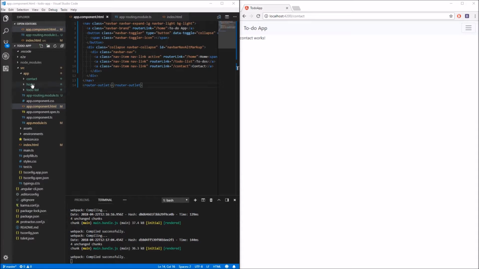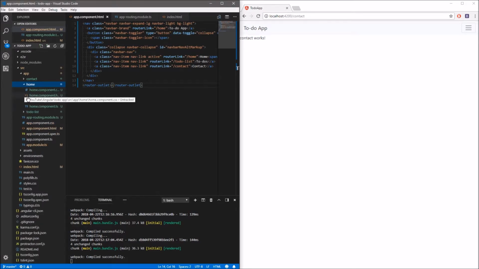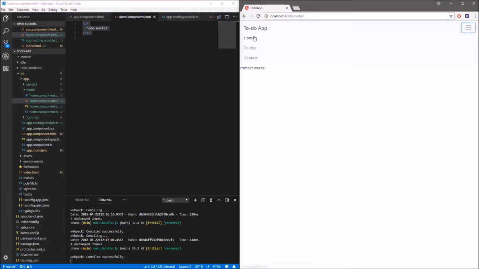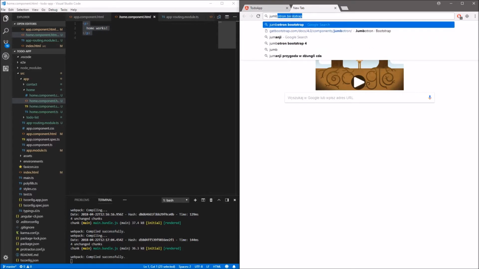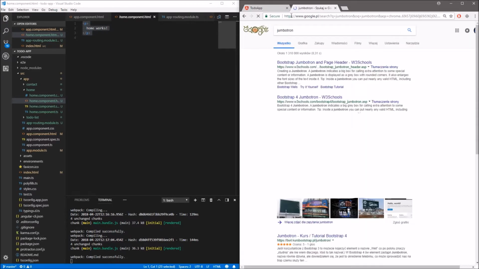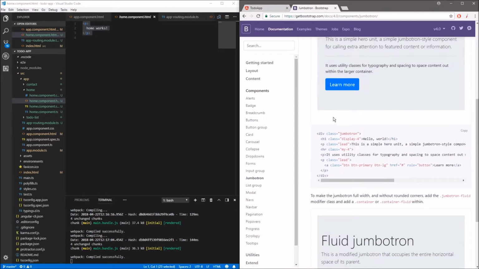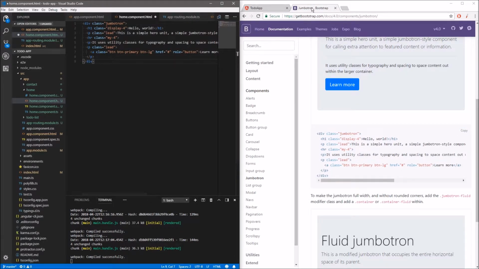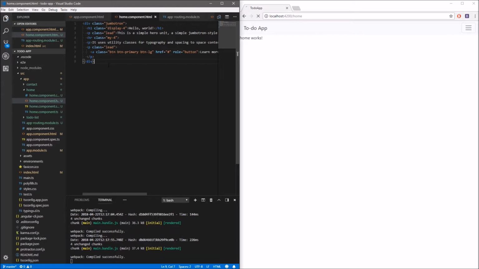So let's say first one will be home component, and let's go to the view associated with our home component, and also let's change the view to home. Okay, so we will use some Bootstrap component that is called Jumbotron, and we will copy this code over here from the getbootstrap.com, and let's paste it instead of this paragraph. And if we save it,